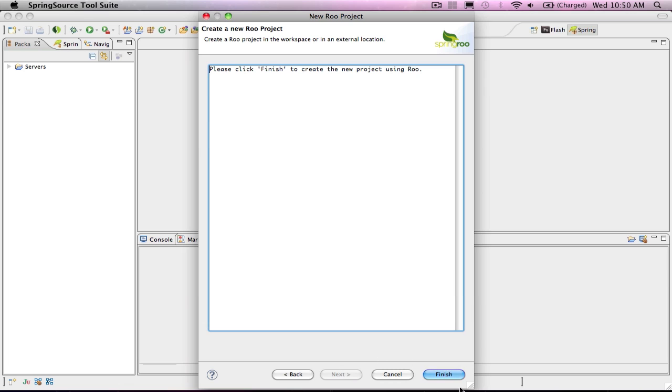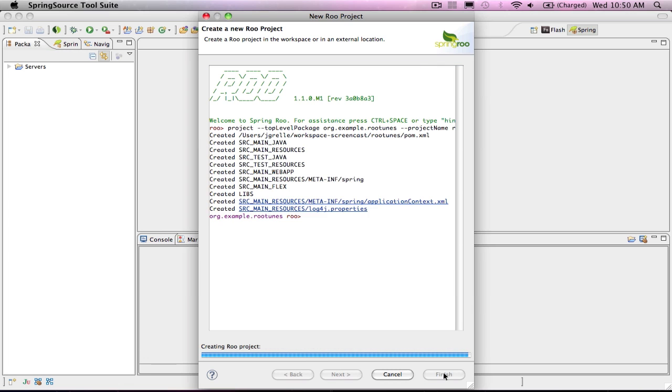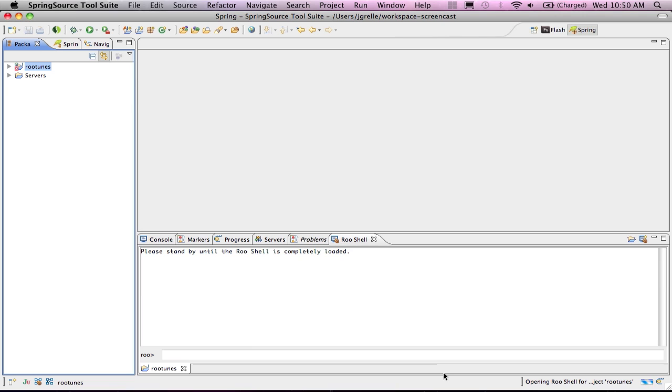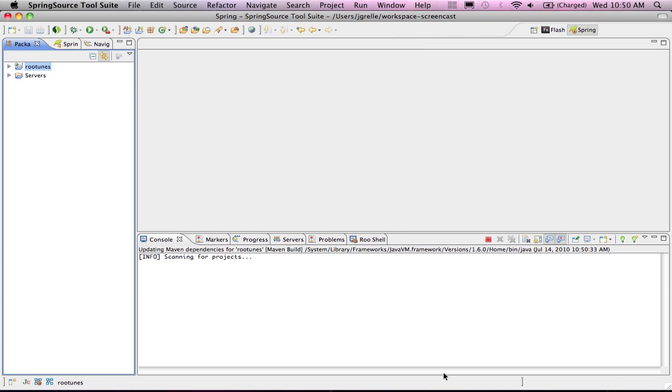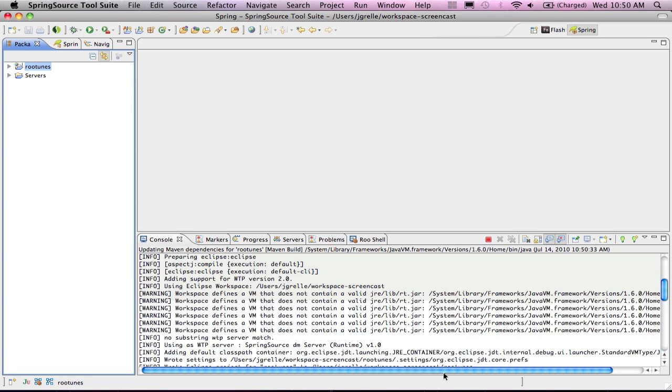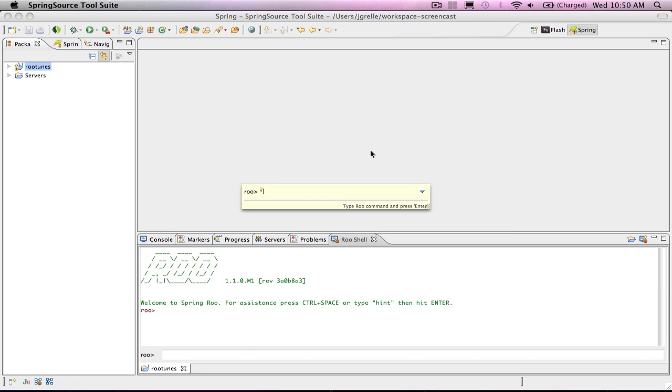So we'll go ahead next and click finish, and what this is going to do is actually STS is opening up the Roo shell and invoking the project command just as if you were running Roo from the command line shell. It's also invoking Maven Eclipse to generate the proper Eclipse classpath references to your Maven dependencies the first time. So now that we've got the project created, first thing we want to do is set